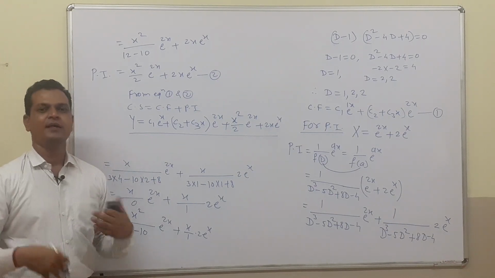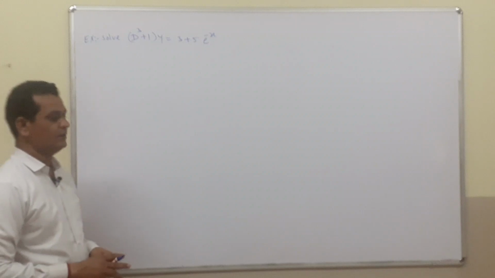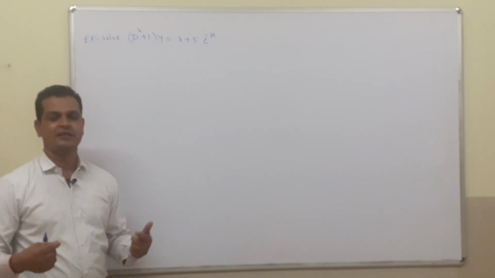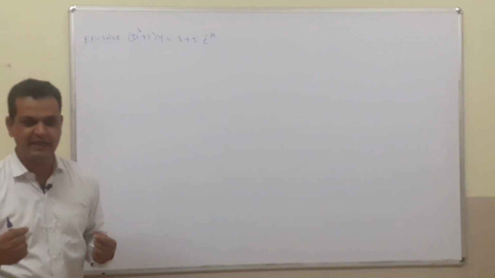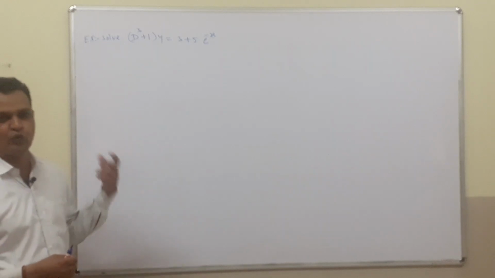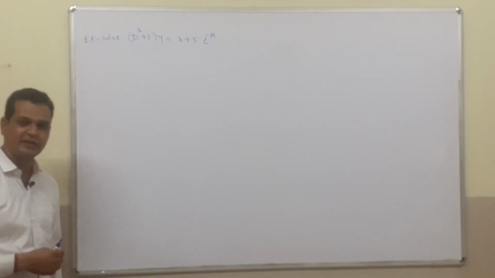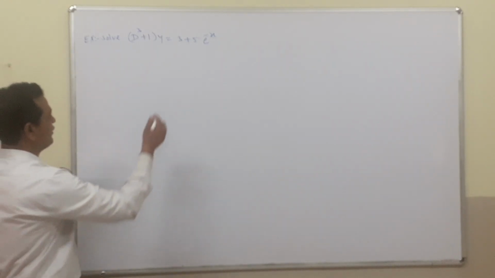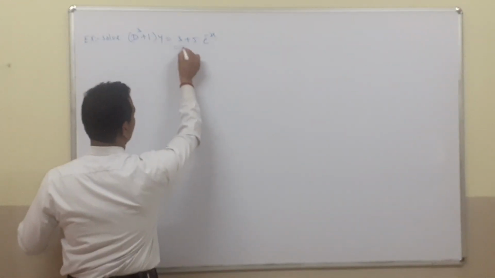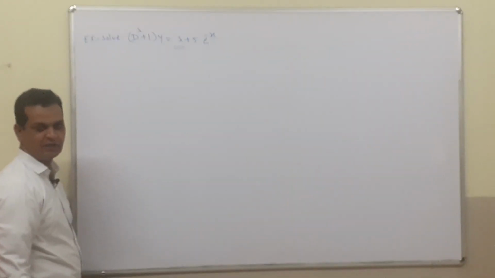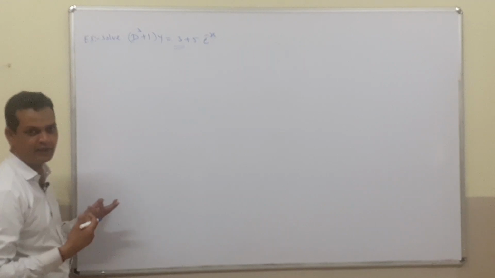Now, let us take the next example. Now friends, let us take one critical or different type of example. So, to learn the first type for finding the value of particular integral. Now, here the right hand side is the value of constant, that means 3. So, in this case how to find the value of particular integral?